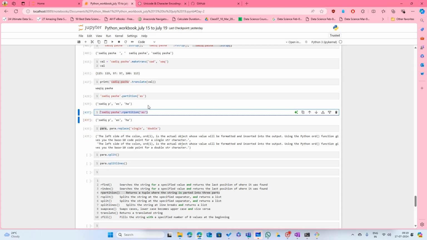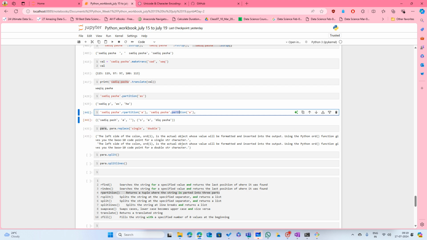You see, the results are the same. Okay, there is not much difference. It's just that the partition is starting from the right side. That's all it is. Here the partition starts from the left side. Here the partition starts from the right side. One example I can show you to help you understand: if you partition with A, this is rpartition, and let's try the other partition without r. Okay, if you see,